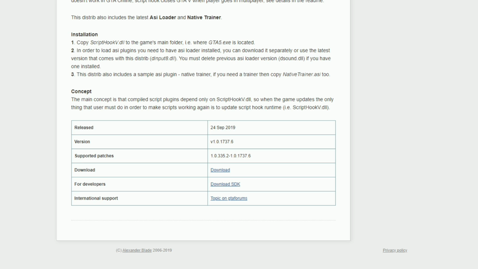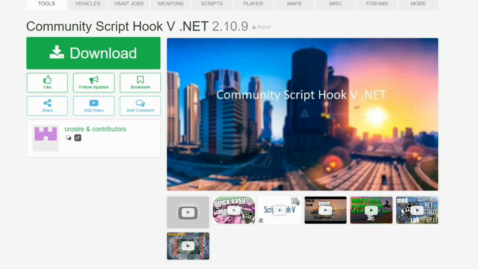Okay, Script Hook. Now this is the link that I will have in the description. It will lead you to the Script Hook V page right here. And as you look in the release, September 24th, 2019 was the latest release of it. Okay, so this is the latest release. You want to click download. Okay, so download your Script Hook V, and then go to the next link, which will be